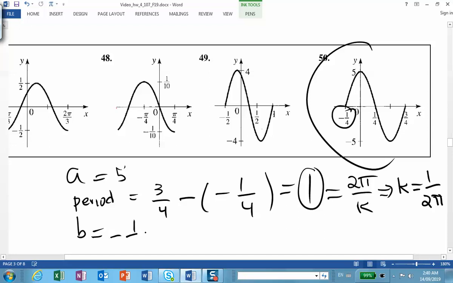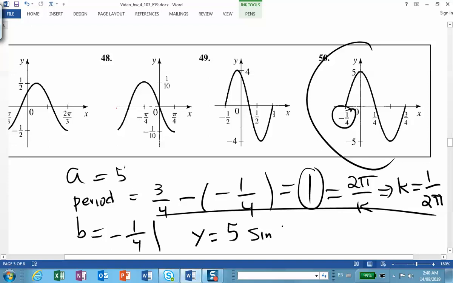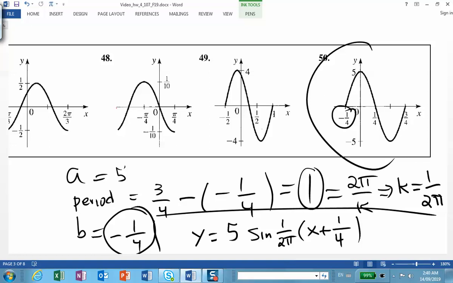So the final answer is going to be 5 times sine of k, which is 1/2 pi, times parentheses x minus minus 1/4, so that's going to be x plus 1/4. And that takes care of this, and the final segment I'm going